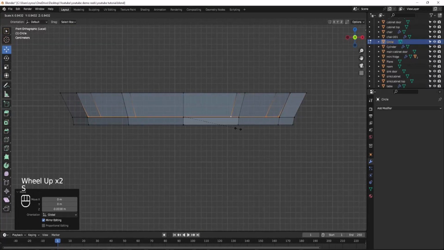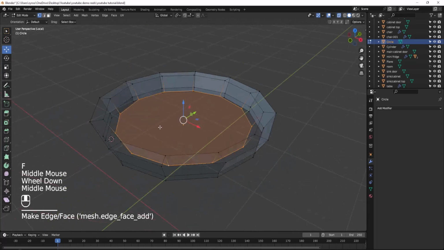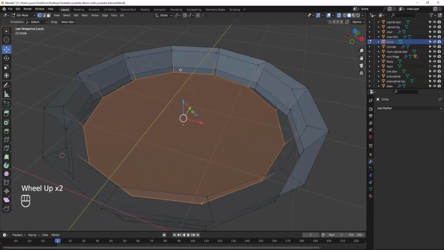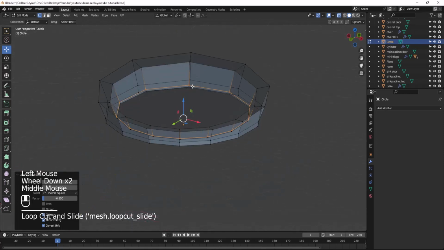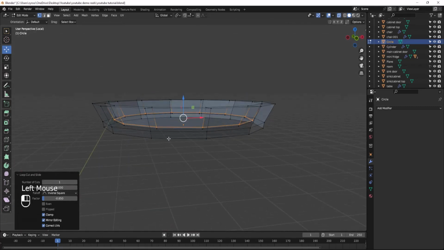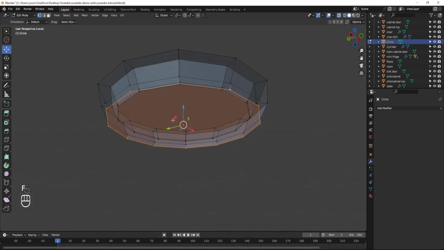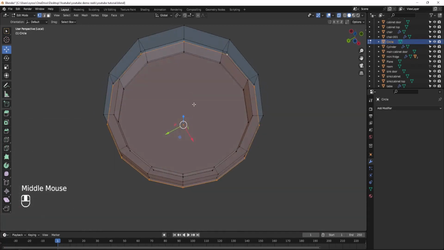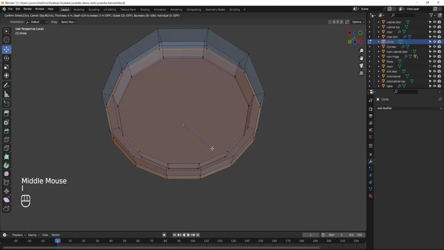Okay, let me scale it in a bit like so, then press F to fill like that. Okay, I'll add a loop cut right here so that when I add a subdivision surface, it will not look weird. Okay, so I'll double click the outer vertices, press F to fill it, then press I to insert another face